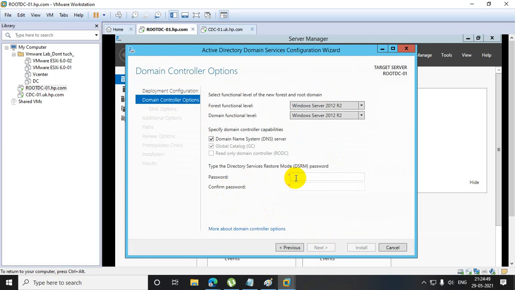This is the GSM password that I told you. This is for the Active Directory data restoration and all those things. So later on I'll tell you more about it, because